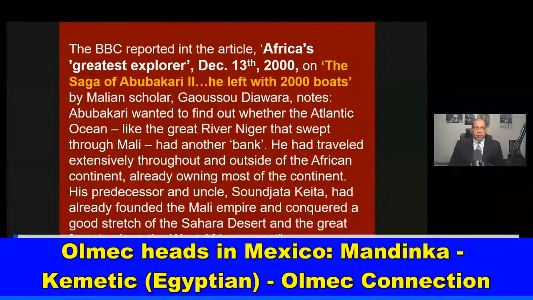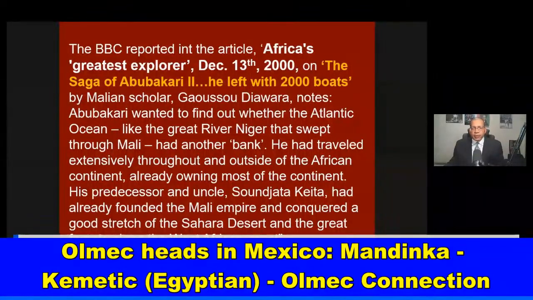Notes, Abu Bakr wanted to find out whether the Atlantic Ocean, like the great river Niger that swept through Mali, had another bank. He had traveled extensively throughout and outside of the African continent, already owning most of the continent. His predecessor and uncle, Sundiata Keita, had already founded the Mali Empire and conquered a good stretch of the Sahara Desert and the great forests along